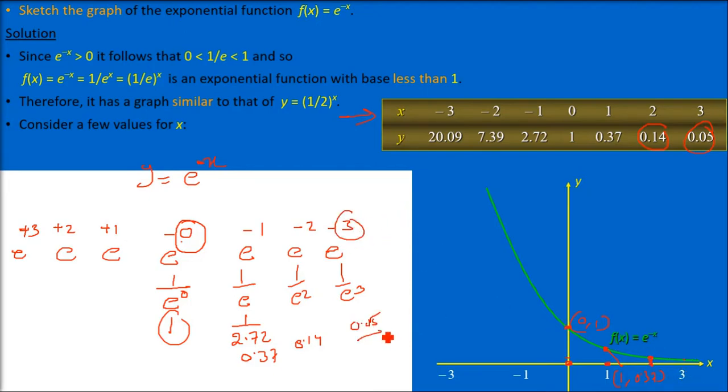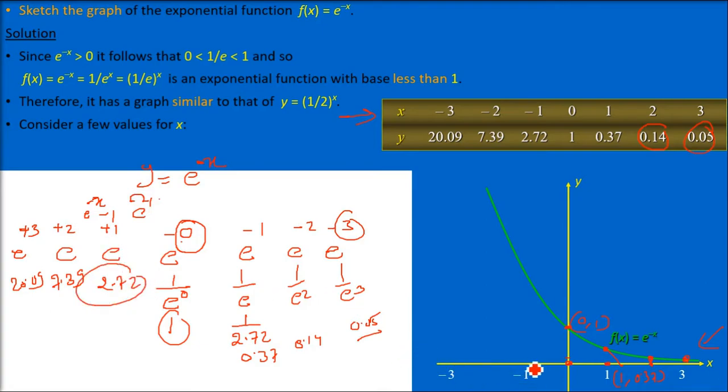So let us plot this. We have already plotted all of this, and there will be some point where it is going to reach or try to meet the x-axis. We'll talk about that. Let us take the second quadrant values. e to the power 1 is e, 2.72. e to the power 2 is 7.39. e to the power 3 is 20.09. You just have to take the power of 2.72. So for negative 1, we have got e to the power plus 1. Because it is e to the power minus x, please remember.